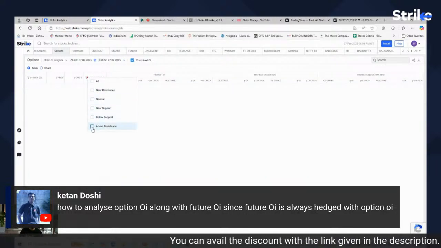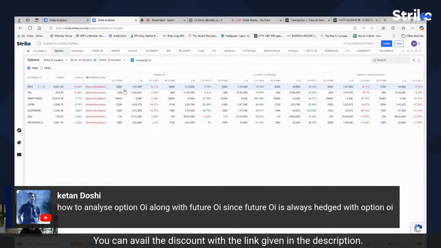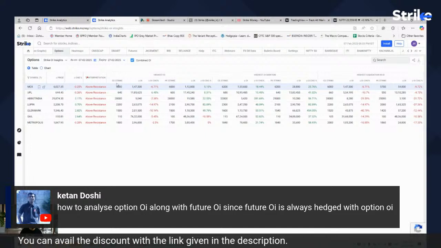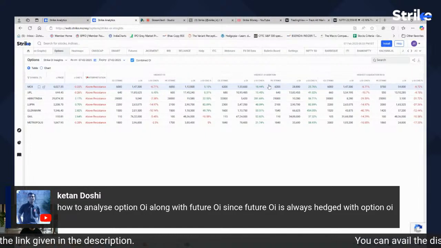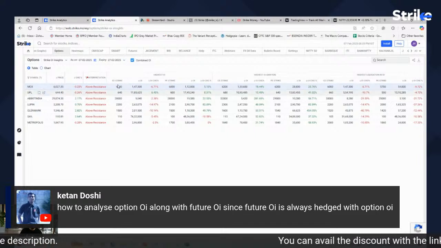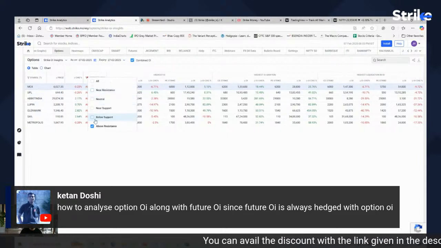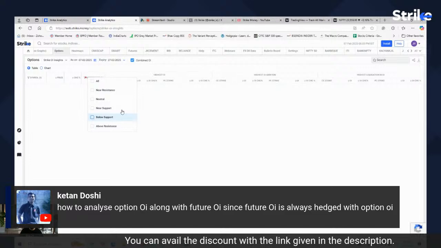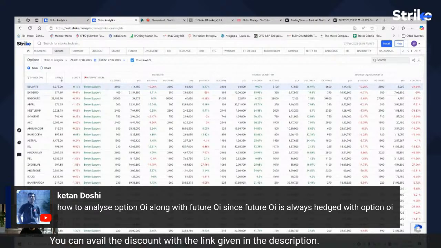और अगर वो अपने कॉल के ओपन इंटरेस्ट से ऊपर जा रहा है, like you see over here, MCX is above the 6000 call option and you can see unwinding happening, so there is a good chance that an up move can occur. So you can make use of this filter and I'm very sure it will help you a lot in timing the stocks in the short term.